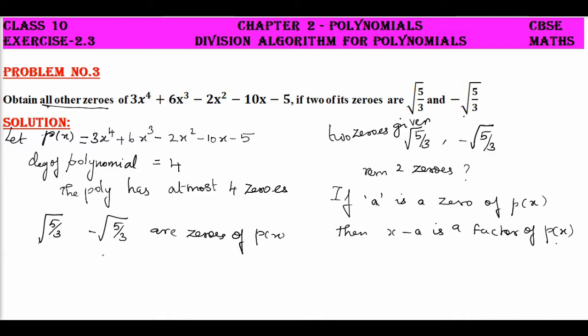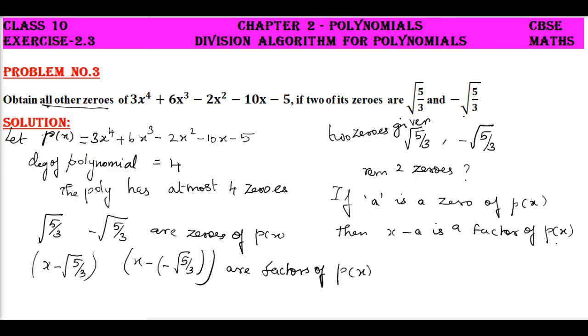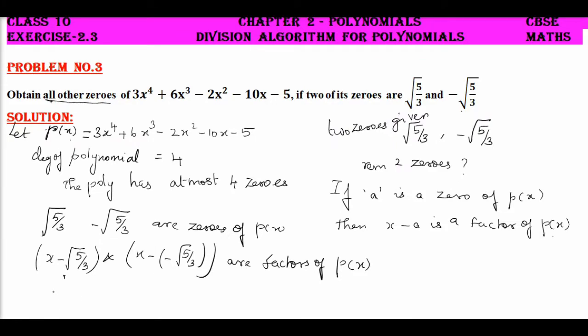So now root 5 by 3 and minus root 5 by 3 are zeros of P of x. Therefore, I can say x minus root 5 by 3 and x minus of minus root 5 by 3 are factors of P of x. Right? So now if these are the factors, then their product is also a factor. That is x minus root 5 by 3 into x, I can write it as minus into minus plus. So x plus root 5 by 3 is a factor of